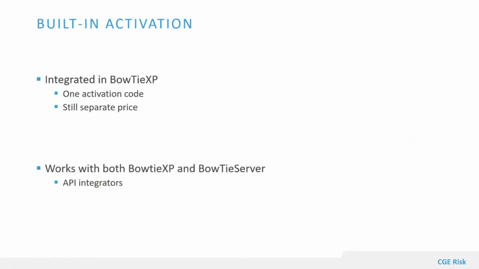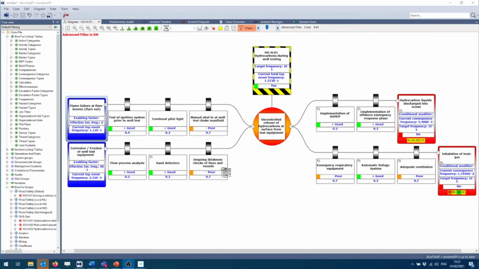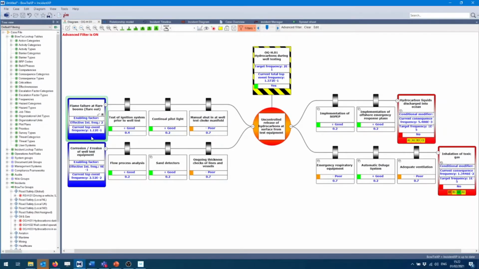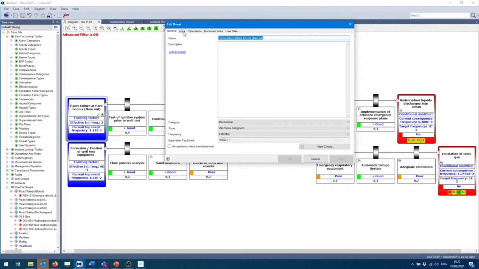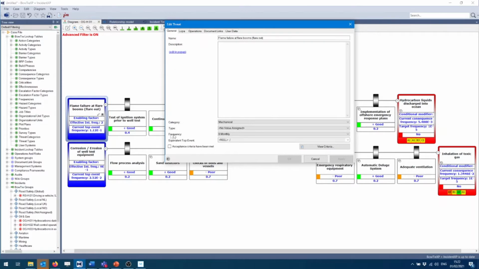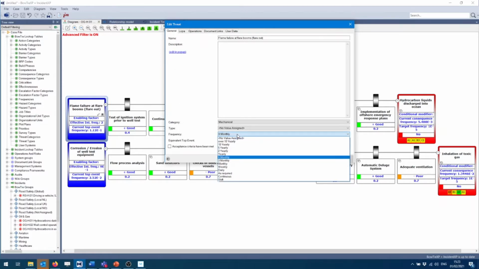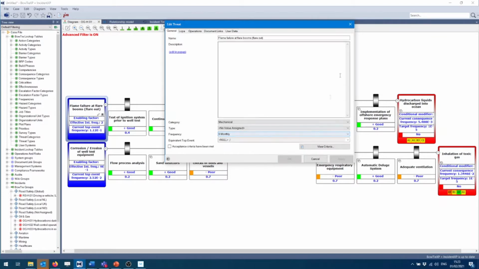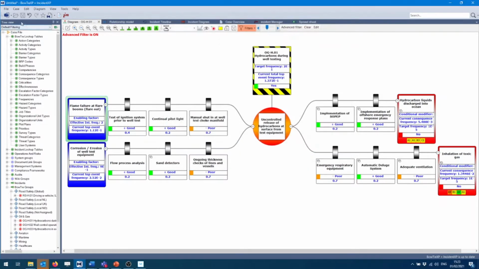Now let's go into the software and see how to edit the default values for the threats, consequences and barriers. In version 9 the way to do it is to go to the threats, go to the LOPA tab for threats and then add the initial frequency. In version 10 you can make do with the default frequency value, which is dependent on the frequency that you give it. So this drop down, and in the tree view, as we will see here,